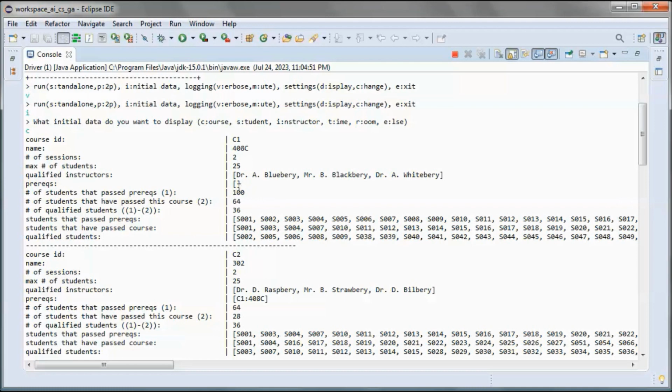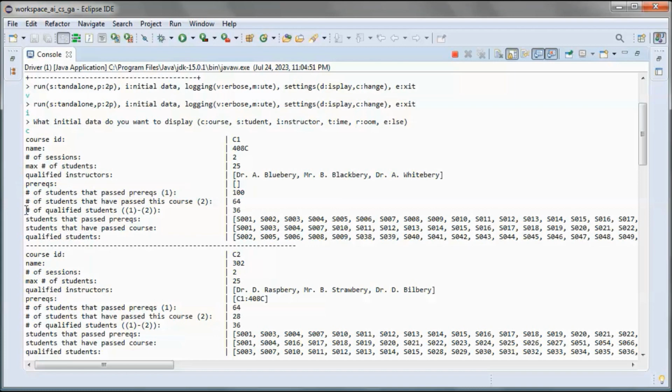And since this one has no prerequisites, the 100 students are considered to have passed the prerequisite. And the number of students that have passed this course is this number, and this number is included in the ones that have passed the prerequisites.